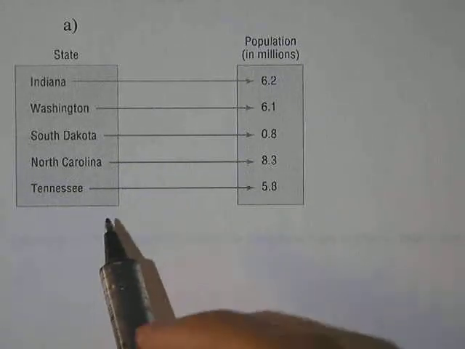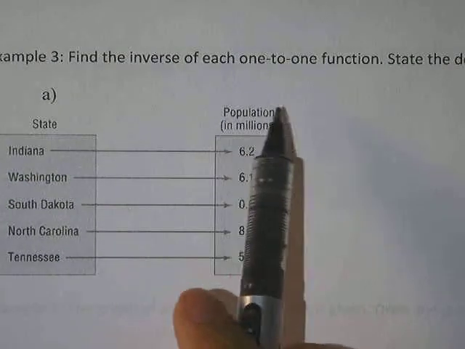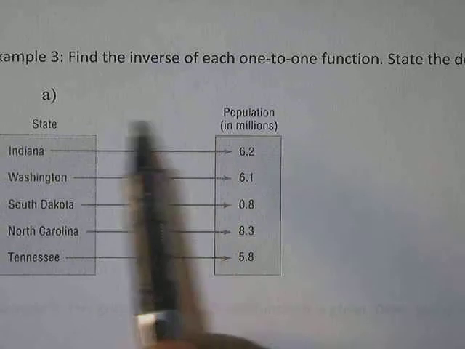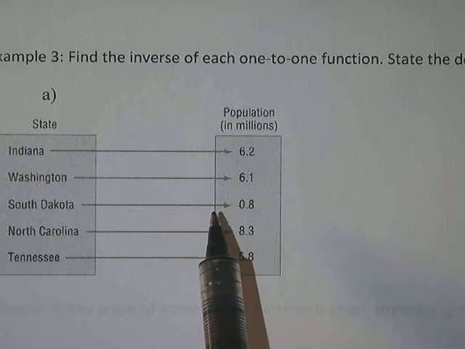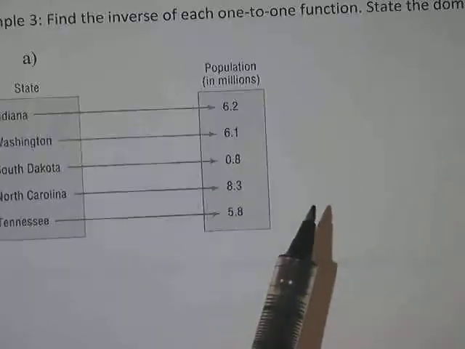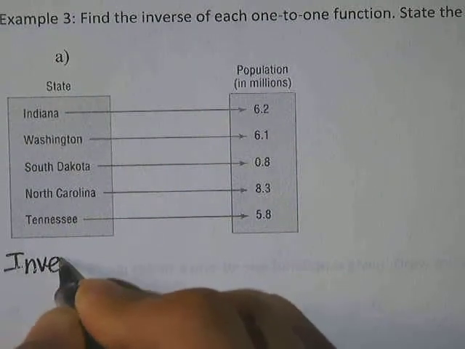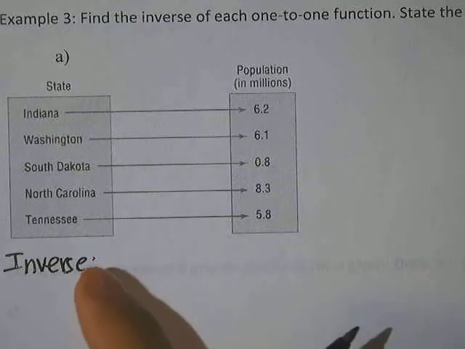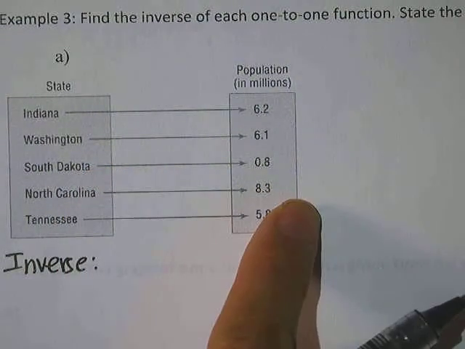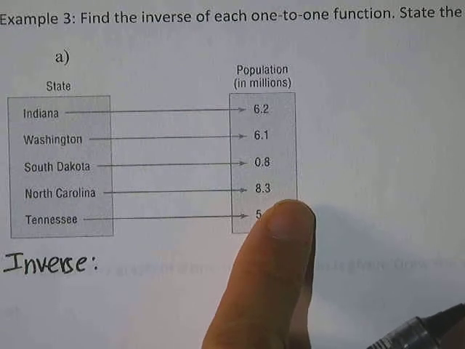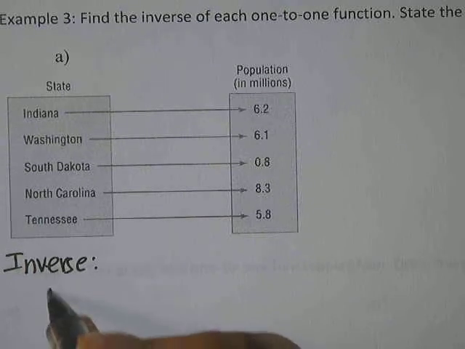Okay, so the first thing it says is to find the inverse. Now the direction says find the inverse of each one-to-one function. So these two examples, A and B, are already one-to-one, so you don't have to worry about checking to see if it's one-to-one. So we're going to find the inverse first. Inverse, that means I'm going to write it in a mapping format. Whatever format they gave you initially, that's the same format we're going to use to write its answer. So the inverse, our input is now the output, so it's going to be the population